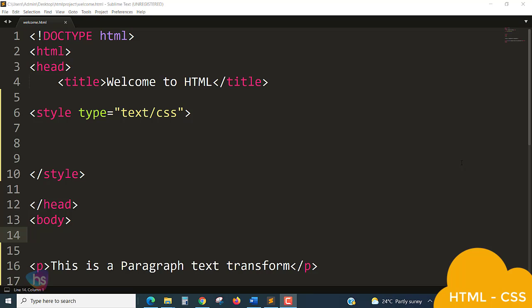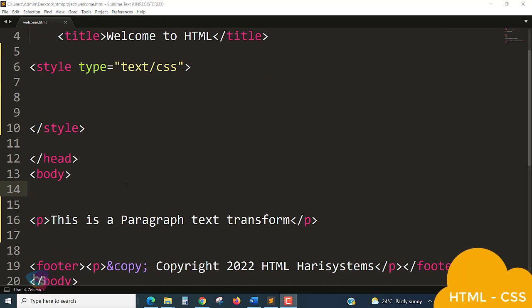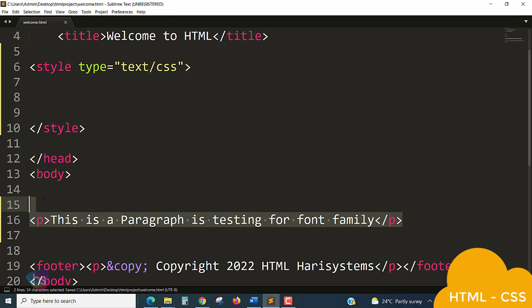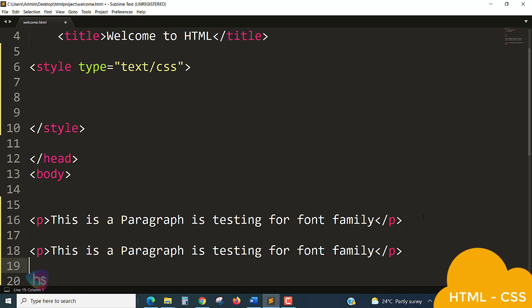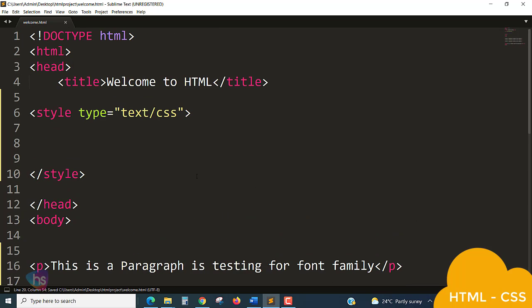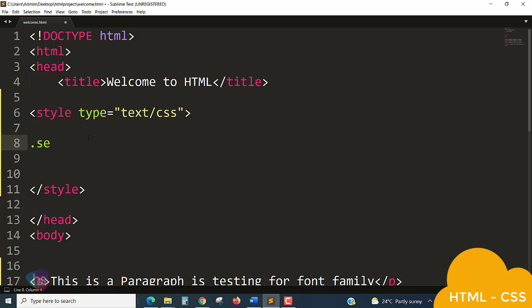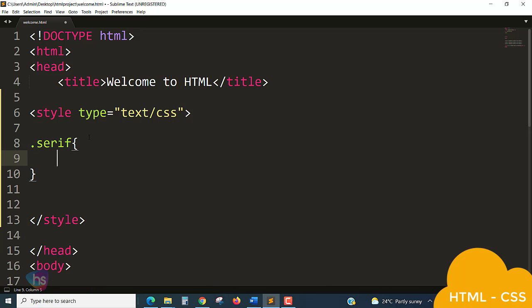See, I am creating custom classes for font family. For this I am taking the same paragraph three times, each testing font family. So I'm creating a class for the serif font. How are we going to apply this font? With a property called